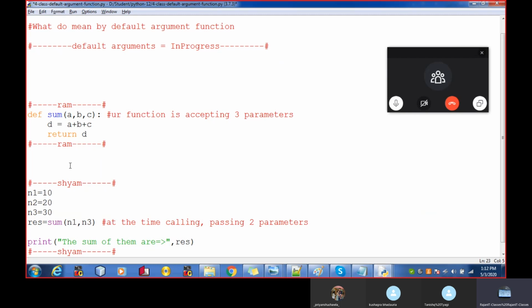Guys, your sum function is looking for 3 parameters, but you have passed only 2 parameters. It will never run.